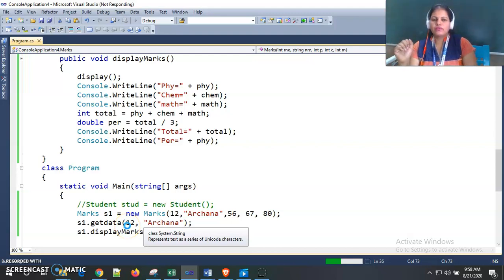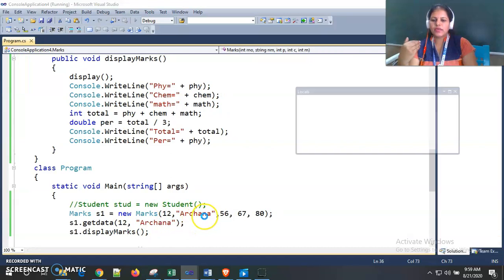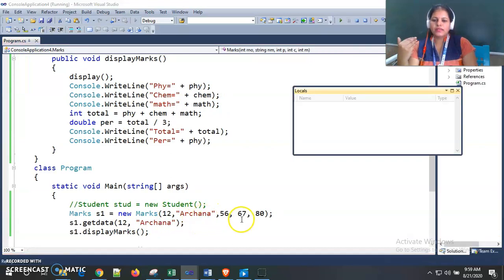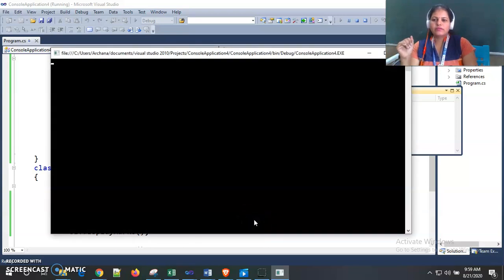So you can give different values while calling the getdata function. I am getting the output as roll number 12 and name Archana, then physics, chemistry, maths values as 56, 67 and 18 respectively, and then we get the total and percentage. So in this way we see our output.